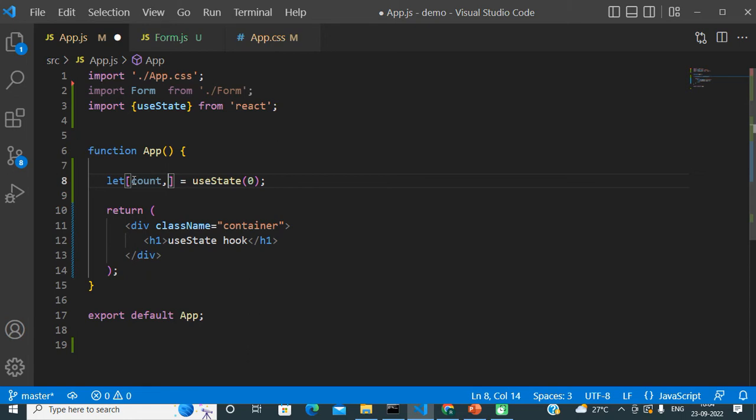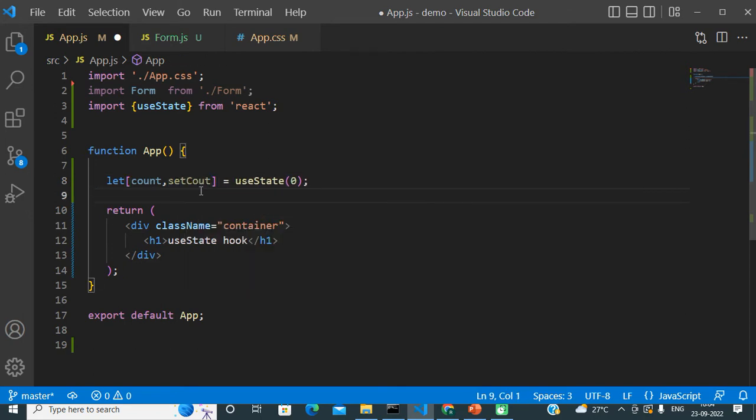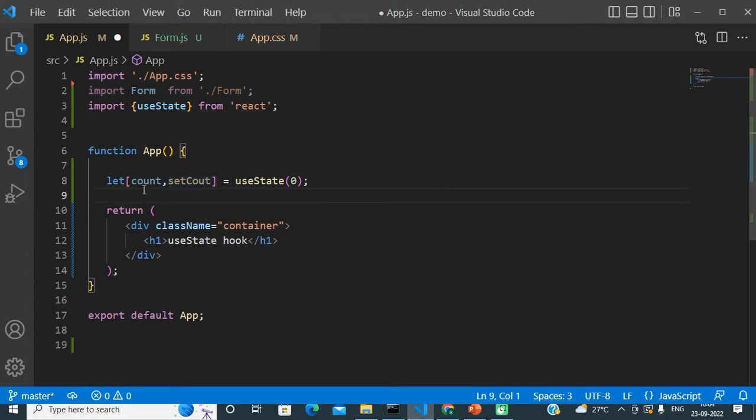Okay, so these are the two values the useState hook returns to us. We can give any name to store these two values. I am giving the name count, my defined name, so I am storing this 0 in the count variable, and I can create another variable, let's say setCount, and I am storing that second return value, the function, in this name. So I have one variable named count whose value is now 0, and another variable, setCount, which is just storing a function. With the help of that function, I will update this value later.